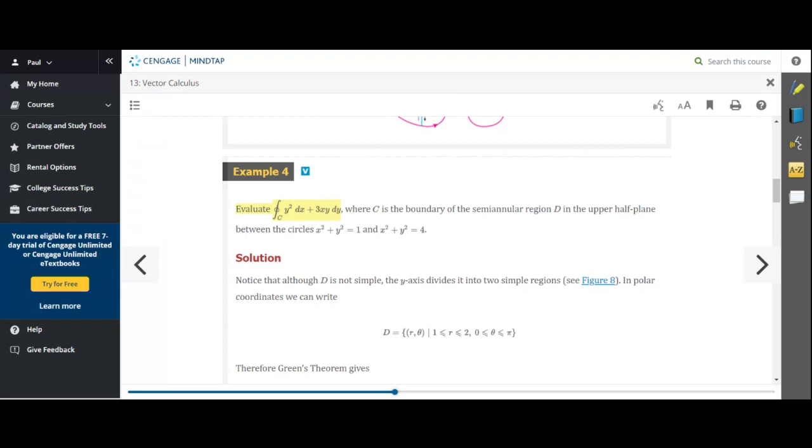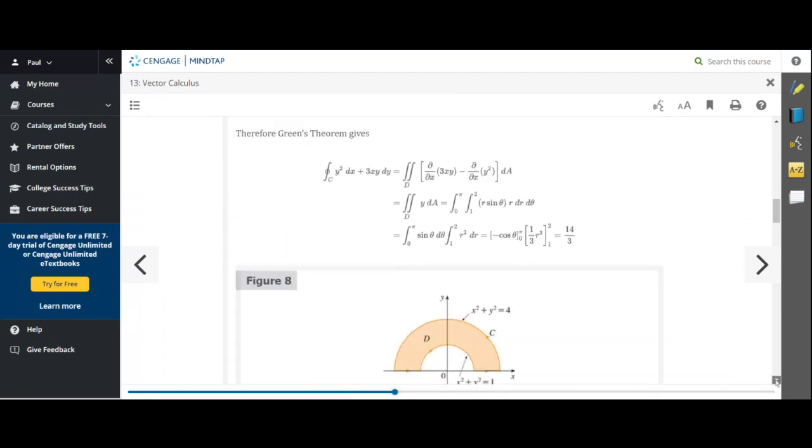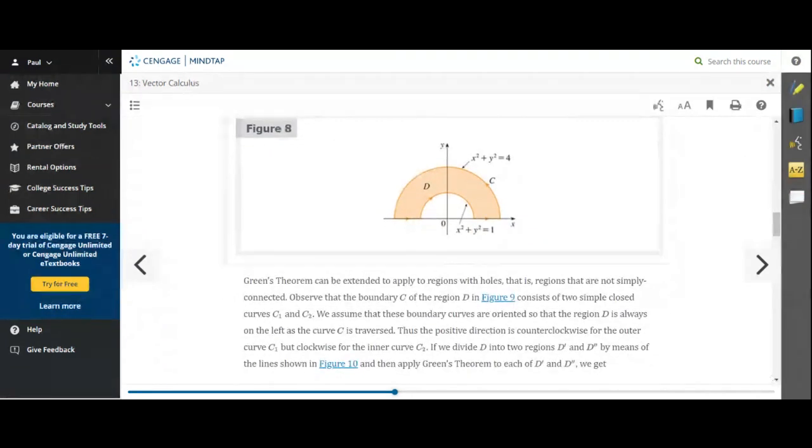Okay, and if we go to the picture here, here's the figure, figure 8. There's our curve C, and you can see it has positive orientation, and it encloses a region